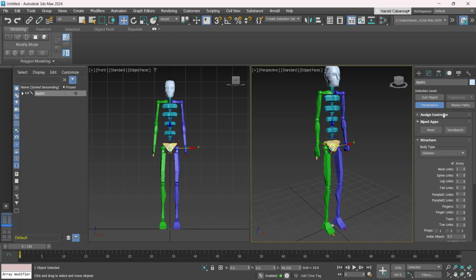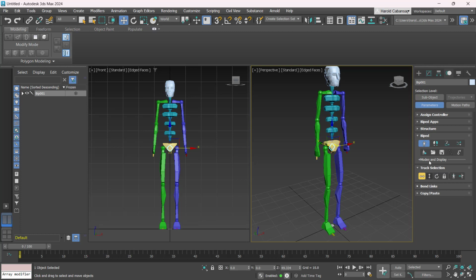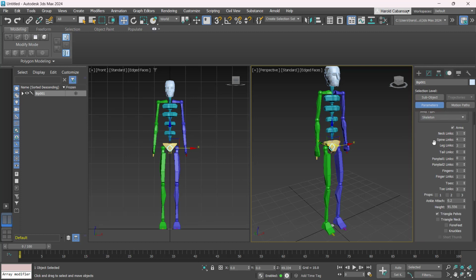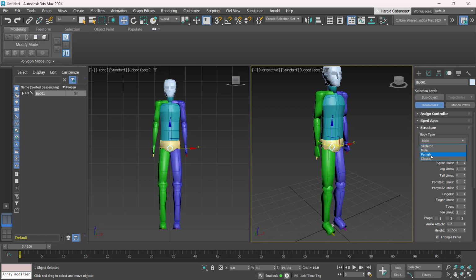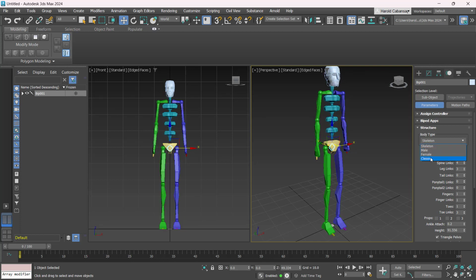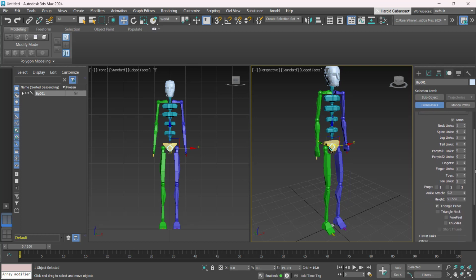this is the figure mode. I'll just show it again in the motion panel. So here, if you activate this, this is what you call the figure mode. So once you activate that, you will see the structure rollout. The structure rollout will allow you to choose biped body types, such as, for example, male or female or skeleton or classic. I'll set to skeleton, and then I will keep everything as it is,